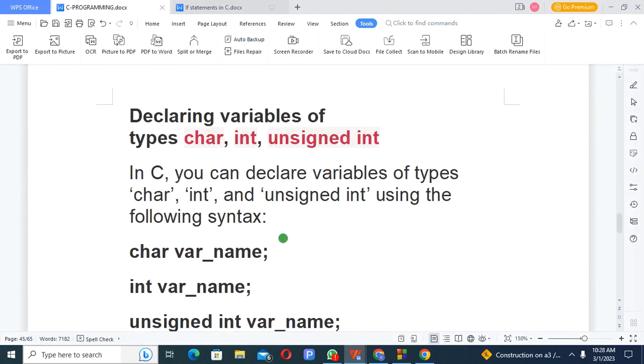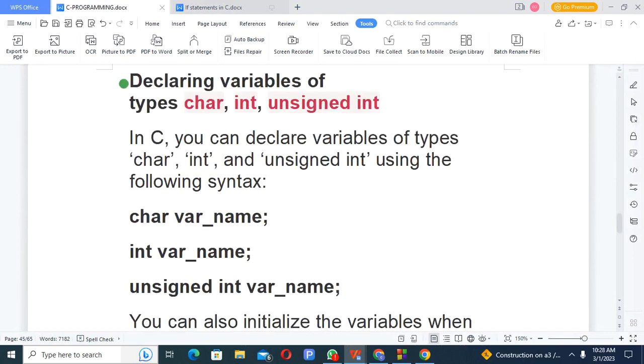So let me recap these aspects because my screen was not being shared. So, declaring variables of types, that is the data type. This char is a data type known as character. This int is a data type known as integer, while this is unsigned int. Unsigned int means it is